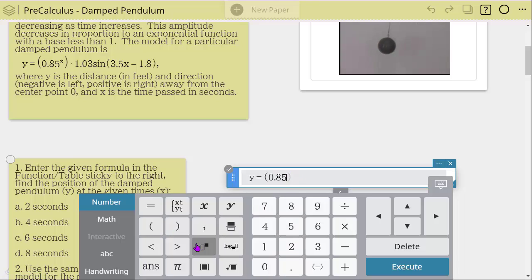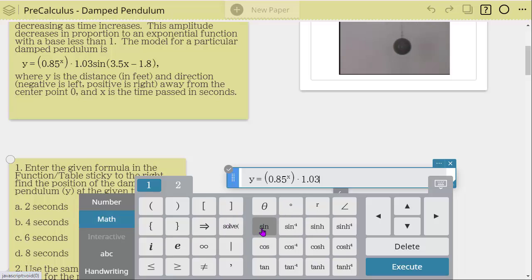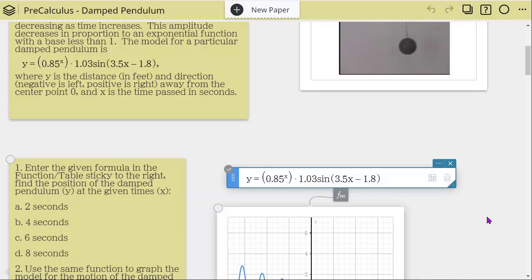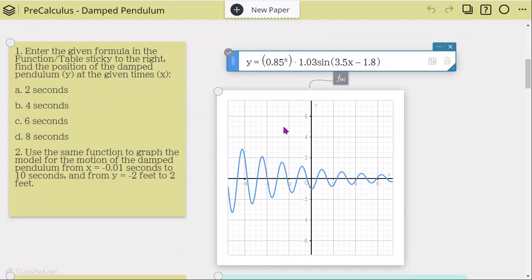0.85, and to get that exponent in, I'm going to choose this template and use the X there, and then get out of the parentheses by using my right arrow, multiplied, 1.3, and to get the trig functions, I'm going to go into math, and you'll see that there's the templates for those. So hit sine and go back to numbers so I can enter my values here, and then execute. And so now we see the graph of this,